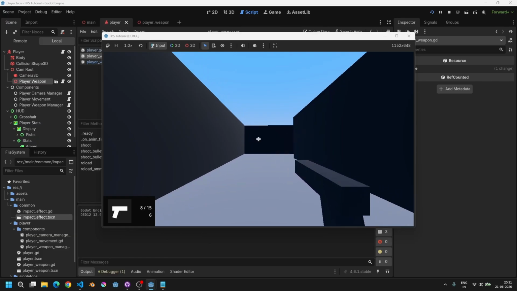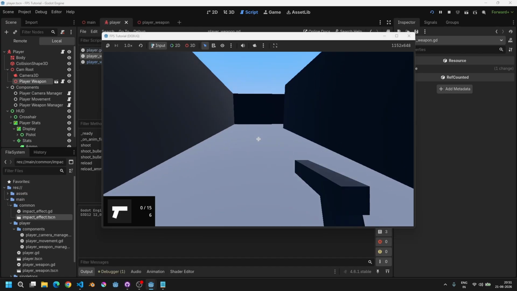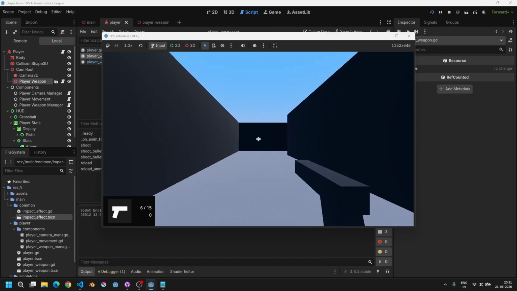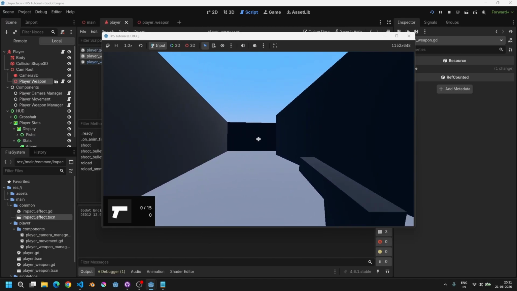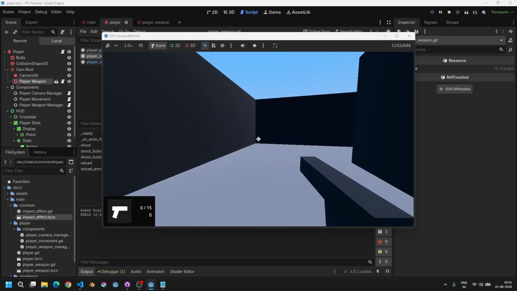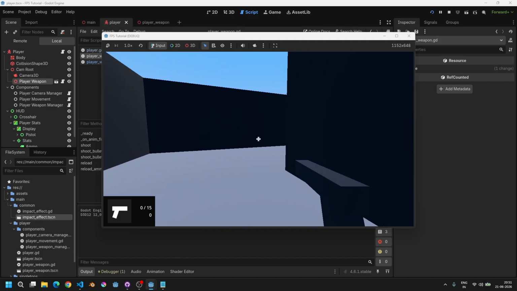Now I will again shoot, and now we don't have enough total ammo. Now if I press R, only 6 bullets are going to come up, and then I will shoot again, and now I cannot reload. Of course, right now when I press left click, the shoot empty animation is being played,